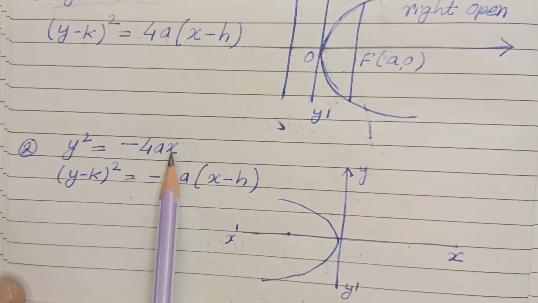Okay. And then when we put one value in here, if you put y as 1, then obviously x will be, let's say, 4a, and that is minus 4a. So if you put x value 1, then y square becomes minus 4a. So there is a chance for the value to be negative. That's why you can see the graph is just the opposite.